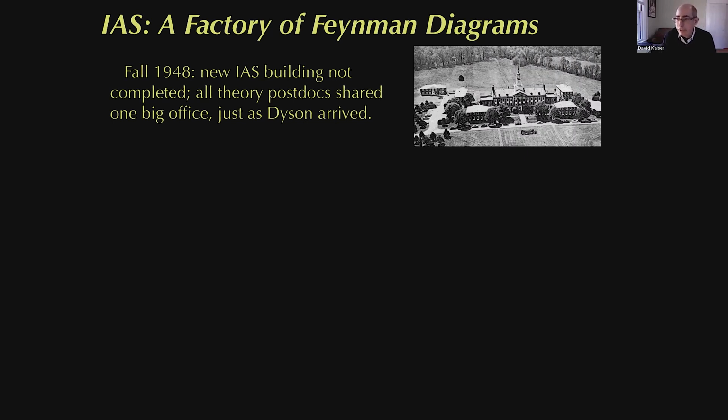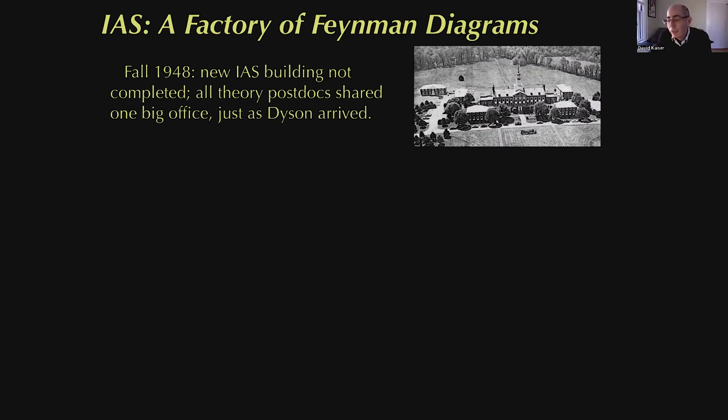And it turns out that was especially happening once Dyson arrived among the very first of these new cohorts, the very first of these rapidly expanded groups of 8 to 10 to 12 theory postdocs at a time, as opposed to only 1 or 2 as before. So by the time Dyson and this first cohort arrived as the new postdocs, although Dyson was actually not a postdoc because he never did a doc, but he was joining these postdocs, the new building that would house them actually was still under construction. So they all shared one office. In fact, they shared Oppenheimer's office. The director's office was big enough for 12 postdocs, so some things don't change.